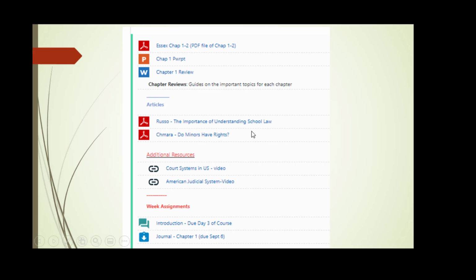Okay, you read one. Definitely you're welcome to read both, but you will have to write up one. All of the article reviews can be posted ahead of time, journals can be posted ahead of time, and major assignments. The only thing that we need to follow the time frame for are the discussions.